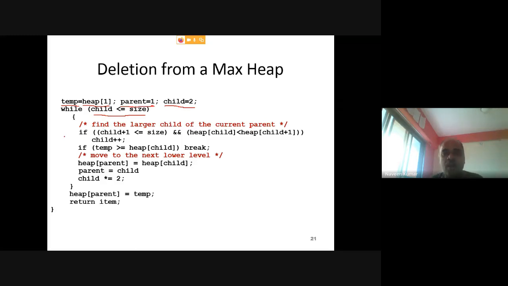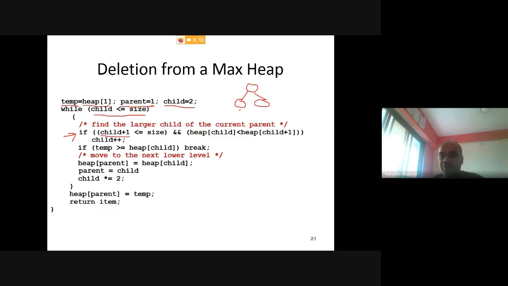you can compare two values. Since it is a valid position, it can be compared with its parent. You have to find out the max. Using this statement, you are finding the right child of the ith node. This is the parent, this is child, and this is child plus 1, the right child.